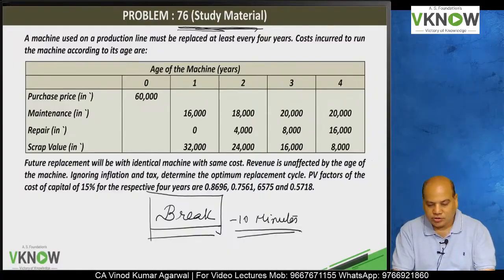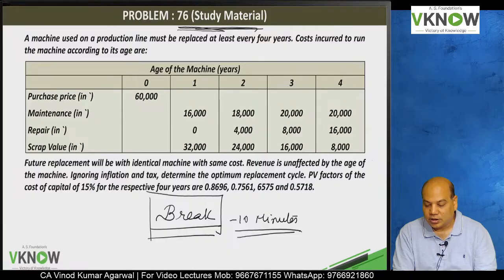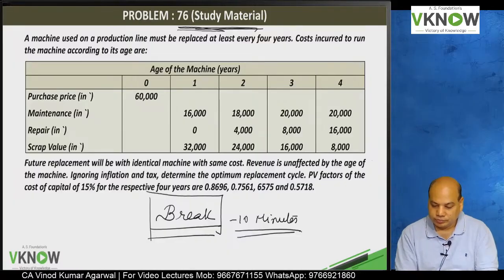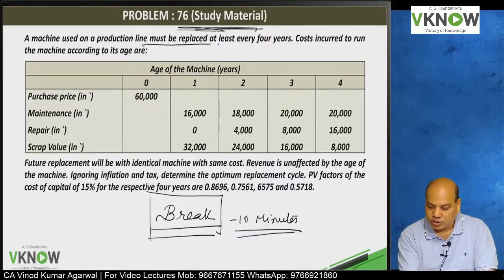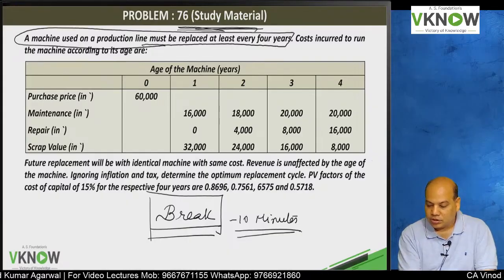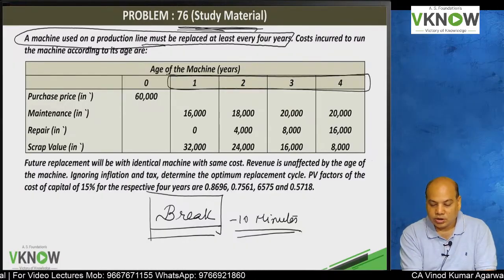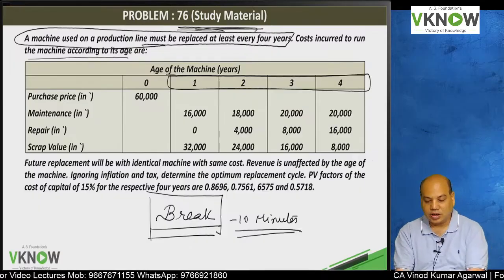Please pay attention. A machine used on a production line must be replaced at least every 4 years. So the maximum life of this machine is 4 years. Costs incurred to run the machine according to its age are: